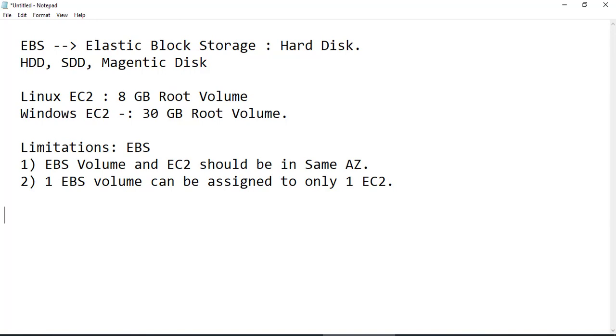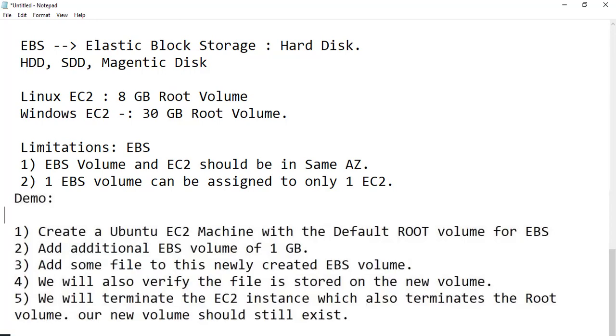Now we are going to see a demo of how EBS works. We have already seen how to create an EC2 with a default EBS volume of 8 GB. But now, in this demo, initially we will create a Ubuntu EC2 machine first, with the default root volume for EBS.